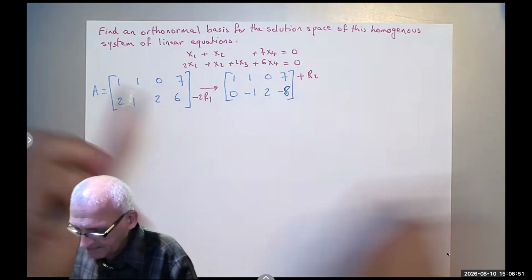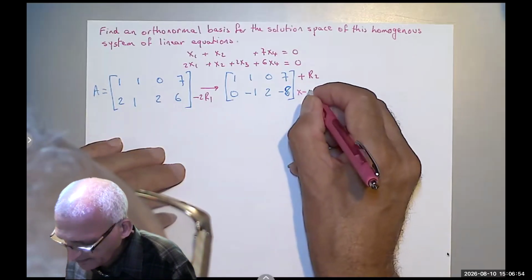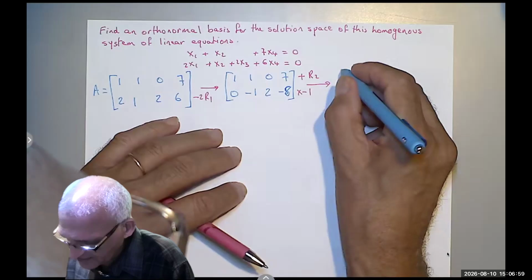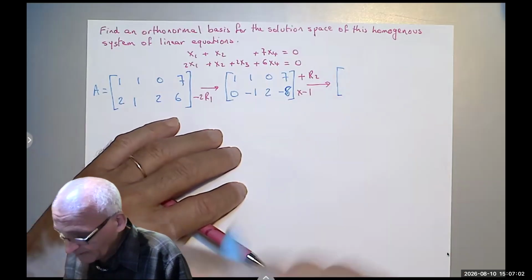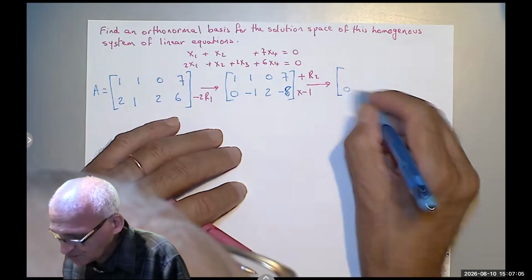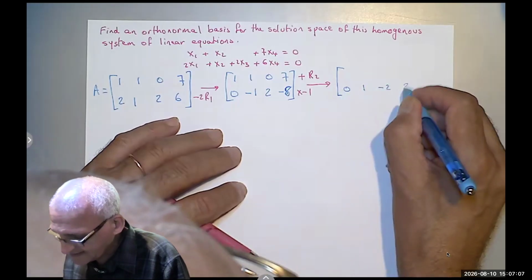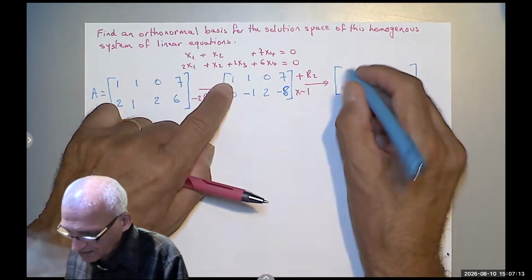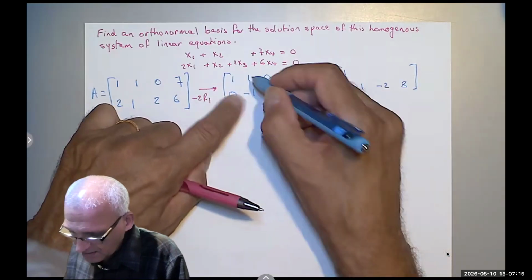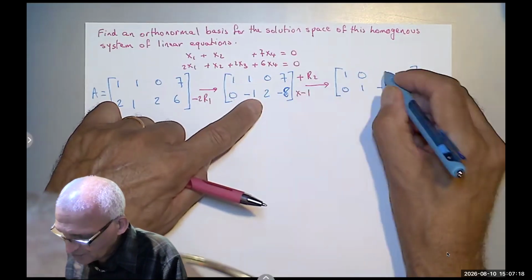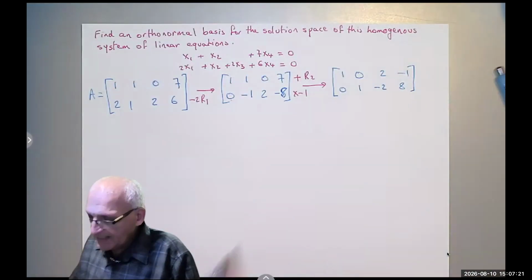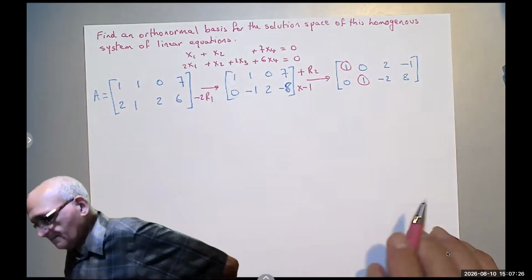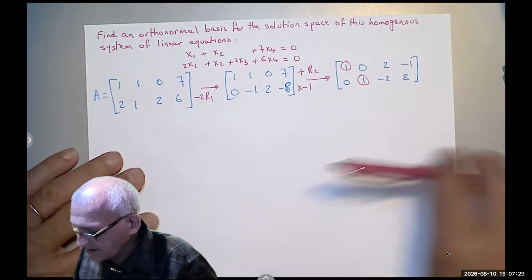First of all, I think it's better to multiply that by negative 1, right? So we have a 1 here as a pivot. So this would be 0, 1, negative 2, 8. And then when I add these two, I get 1, 0, 2, and negative 1. And now I see that I have two pivots, meaning